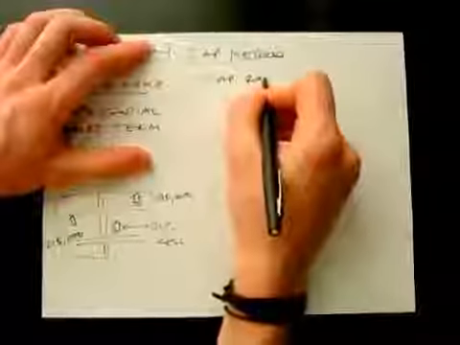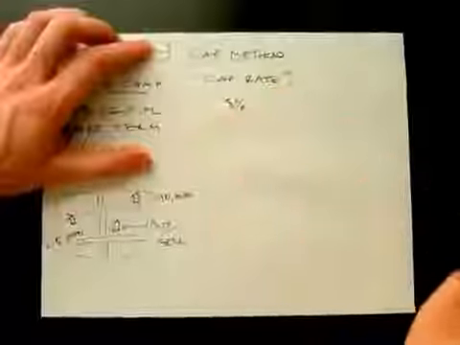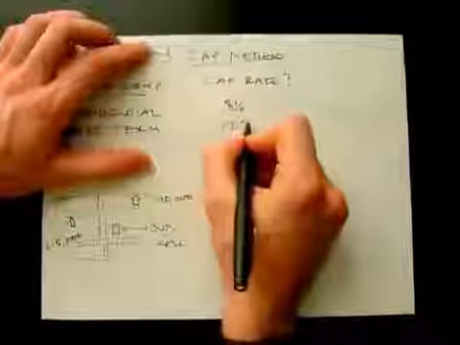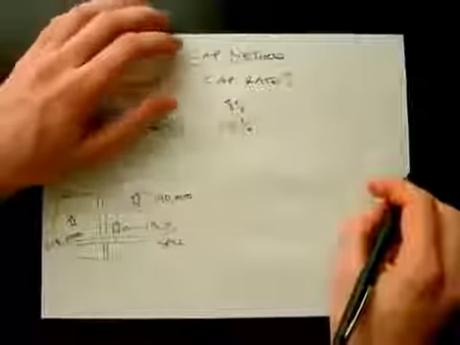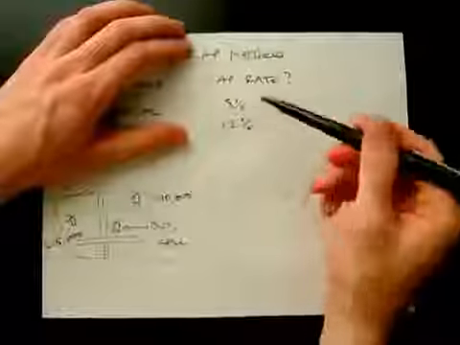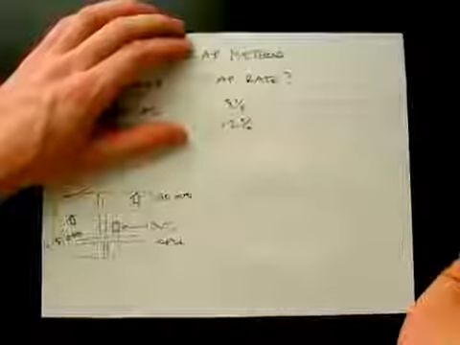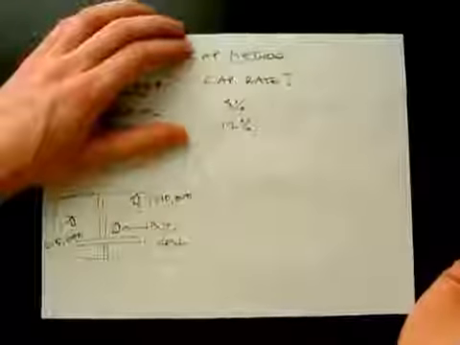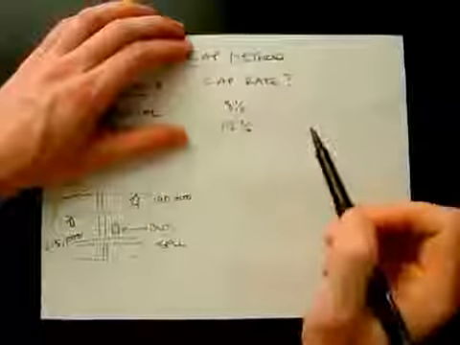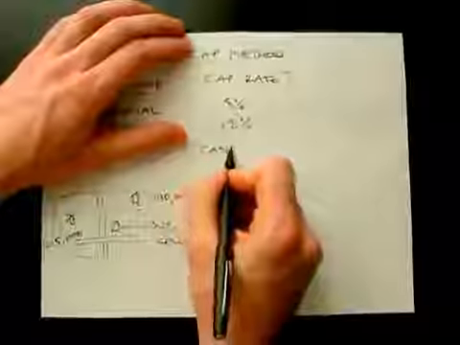What is the cap rate for a given area? Is it 8% cap rate? Are you in an area with a 12% cap rate? So you want to find what your cap rate is in your area and figure out what the property is worth based on that. Pretty much, if you're buying a cash flowing property,